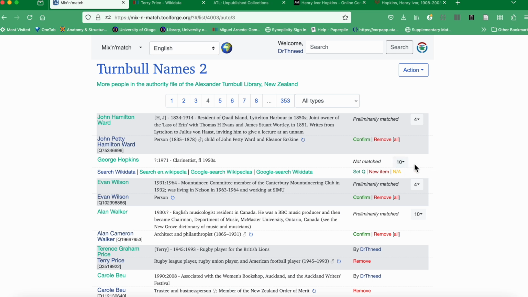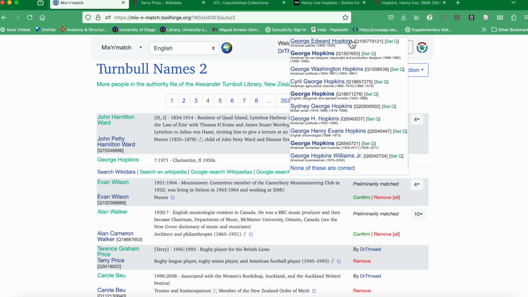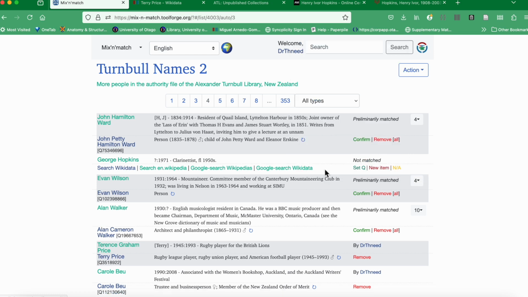So what this number means is there are lots of people called George Hopkins on Wikidata. So there were other potential matches. And so I can scan these. And if I think any of them might be interesting, I can click on the blue link and go and look at the Wikidata item without accidentally matching it. And then if I decide they are a good match, if I click set queue, that's matching it within this tool and it will add the identifier on Wikidata. But I can also say, actually, none of these are a clarinetist in New Zealand. None of these are correct. Okay, and that just puts it back into the unmatched category of the tool and lets me look for other